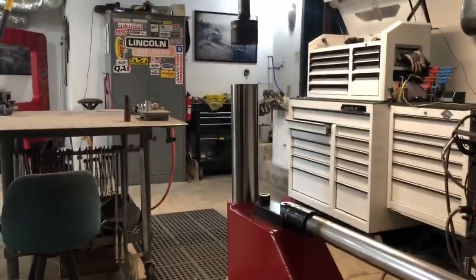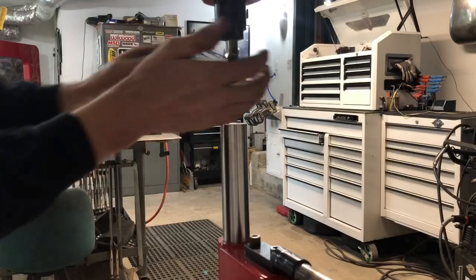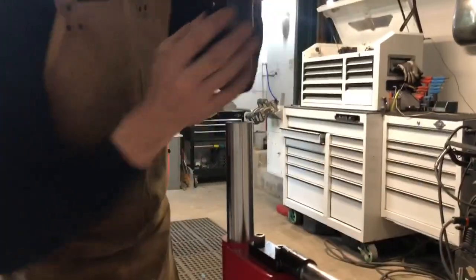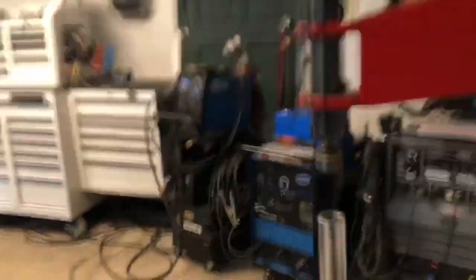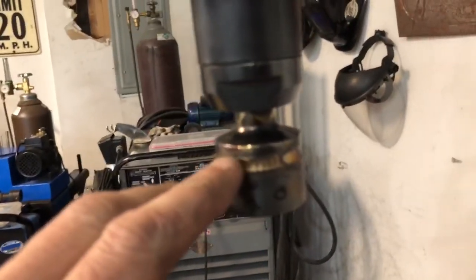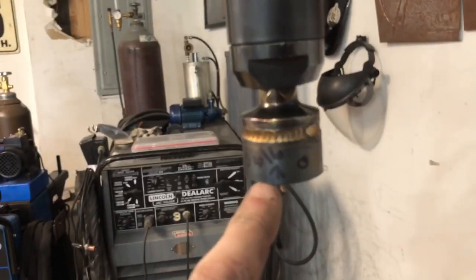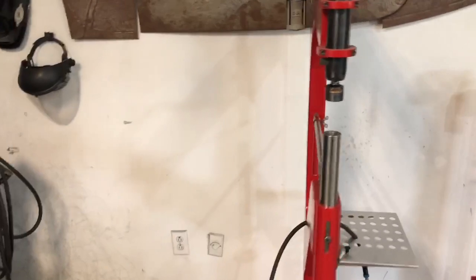The method that I'm using is kind of like an English wheel, and I'm going to put the hammer head in and put a set of dies in. Okay, so that's the receiver that I made. I basically took a hammer, the original hammer that I was using, and I put a sleeve in here. And the reason why is the dies that I'm making,